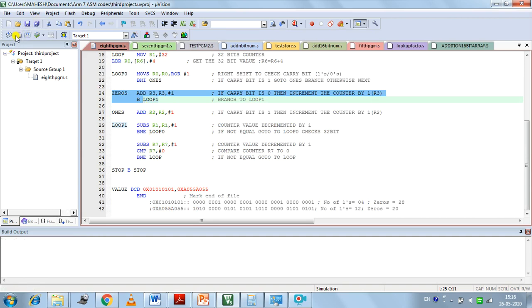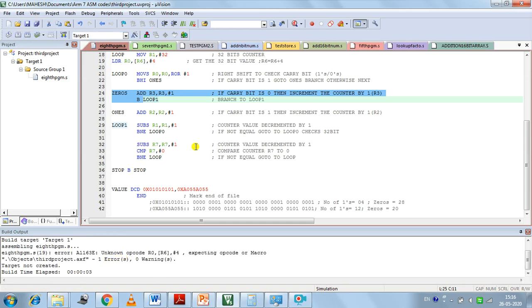If you see this program, I am checking for errors here in the program execution.